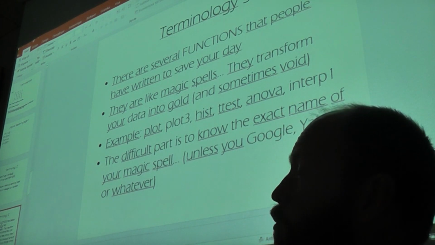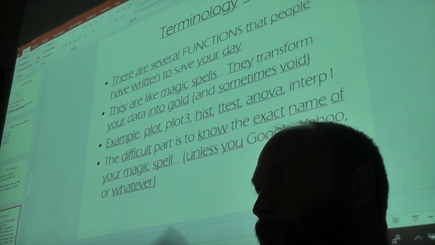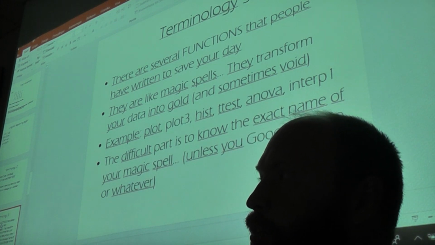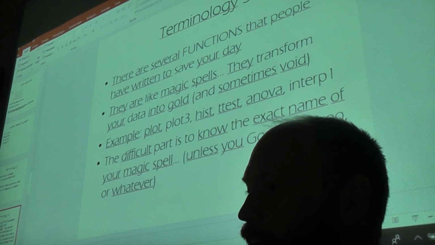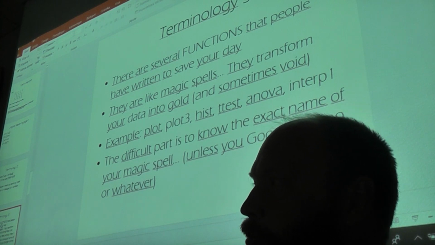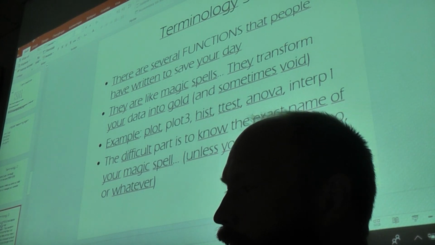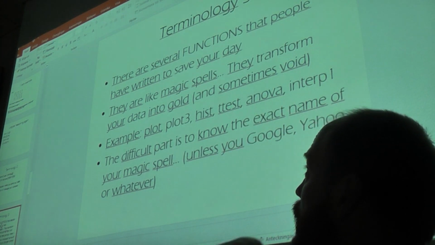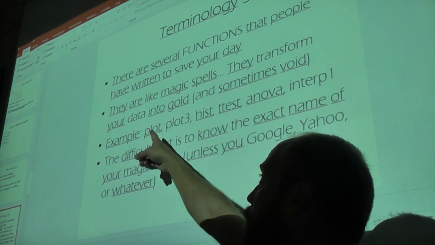And it's really good because once you've made a function, it's really easy to call it and to use it multiple times. You can make functions to save time and not write the same code again and again. Some examples that we use often, like plot.